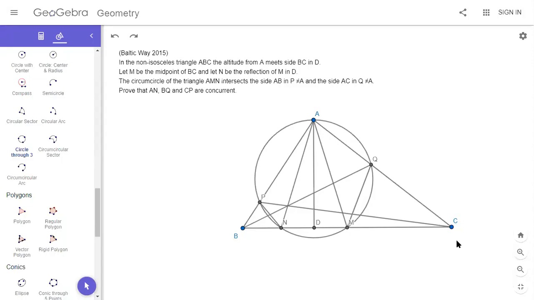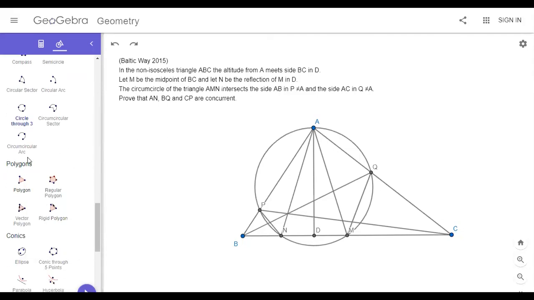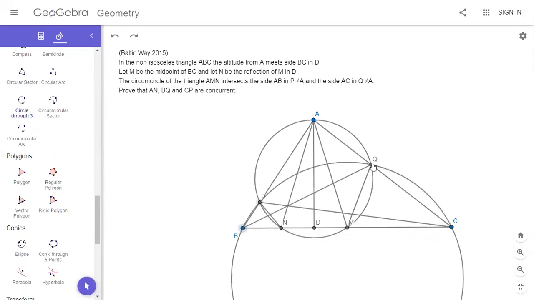Yeah, I think we might actually be able to use Apollonius's theorem. Hold on just a sec. Michael, can you try to draw the circumcircle of BPQC? BPQC, yes. Yeah, and then the circumcircle of